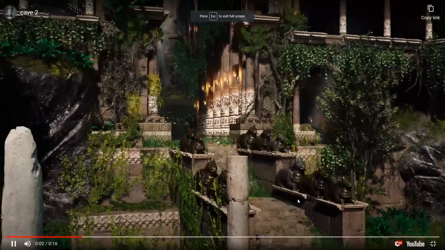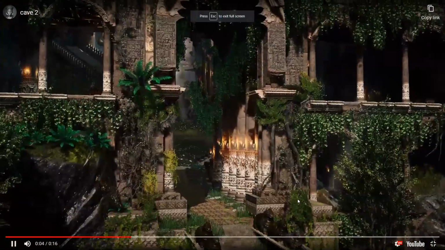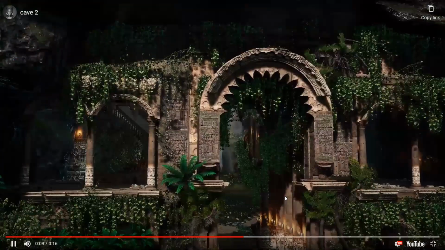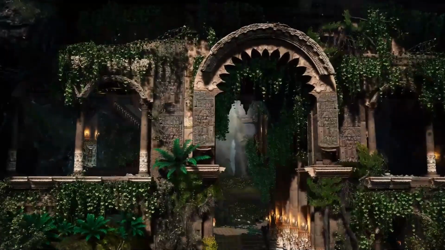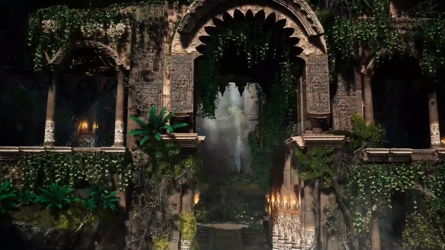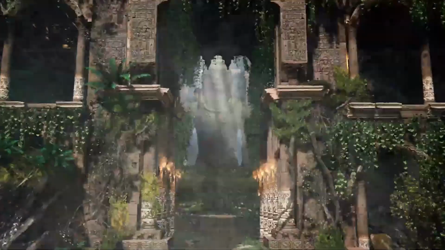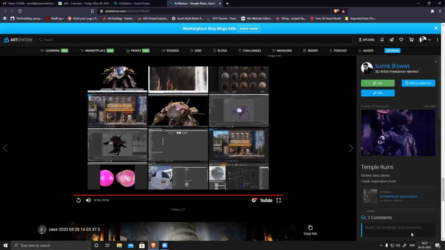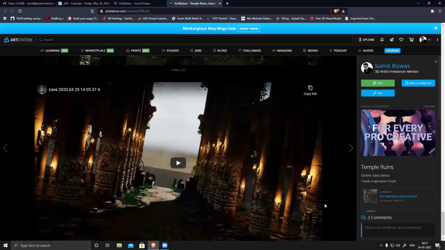Let's see, we can render everything, like fog, fire, smoke, and everything can be created.